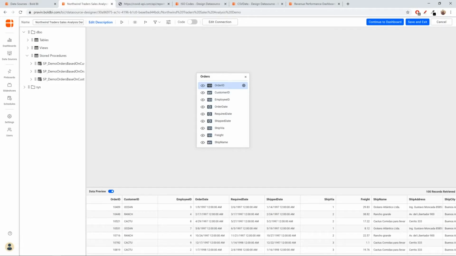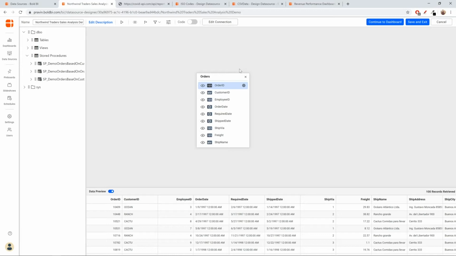On the left side, you'll be able to see the schema. On the right side, we have a drag and droppable interface. You just drag and drop all the tables that you want, or a stored procedure that you want, to include them into the data source. On the top, we have a few tools for you to do simple transformations to your data, like adding calculated fields, adding filters, and also if you want to cast from one data type to another, all those simple transformations can be done in this data source designer.